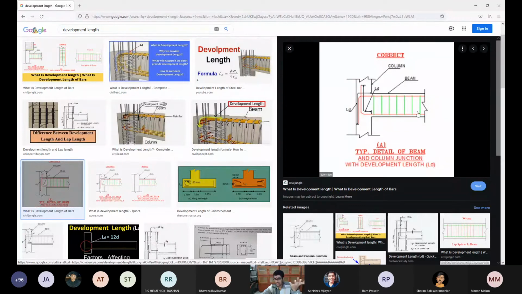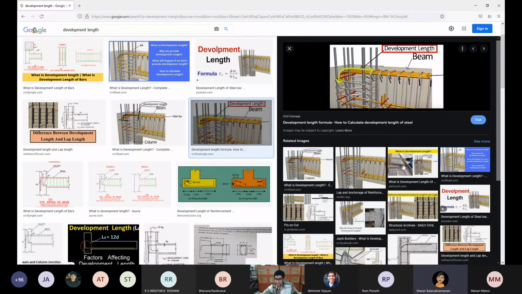So if you want your reinforcement to start taking stress from this point, you need to extend the reinforcement a little earlier than that. So usually, for example, in a beam column junction, they will not stop the reinforcement at the beam. They will take it inside the column, bend it up, and give it for a certain distance, whether it is the top reinforcement or the bottom reinforcement. So this extra length which you need to provide so that the reinforcement builds up the stress which it is supposed to take is known as development length, usually given by L subscript D. So this is what is development length.